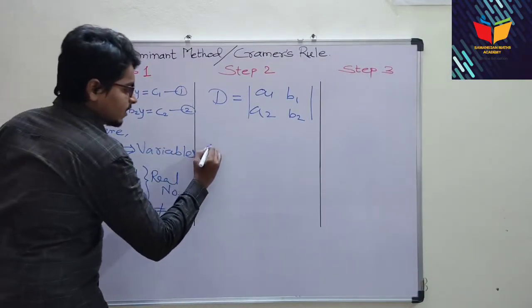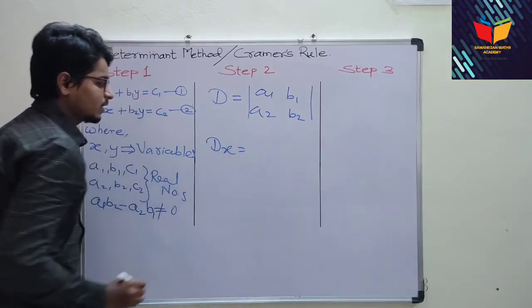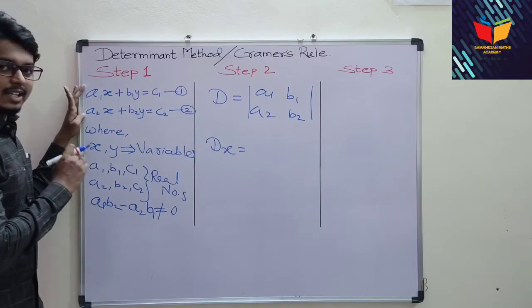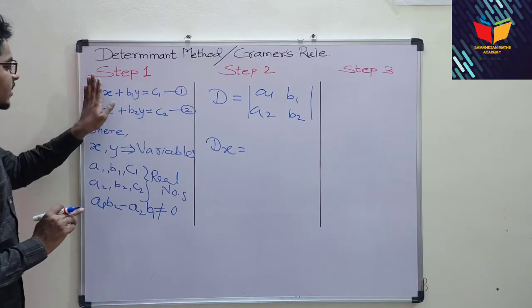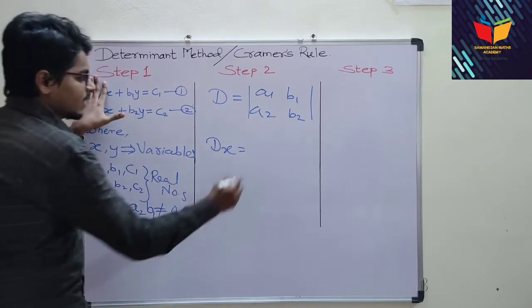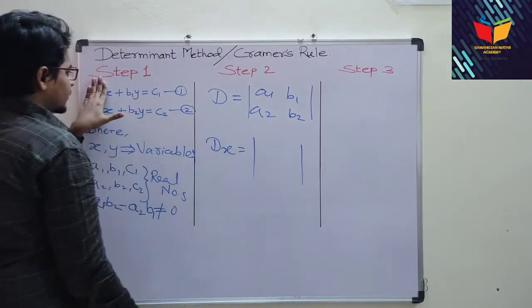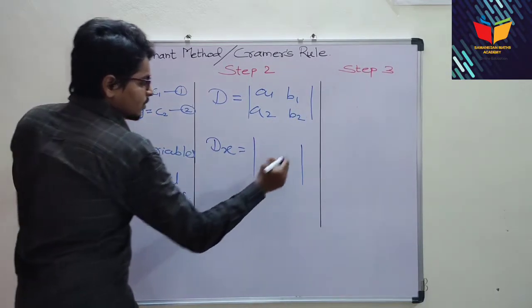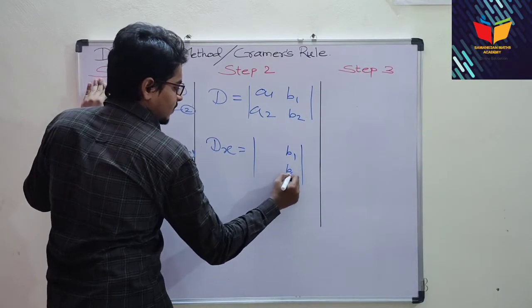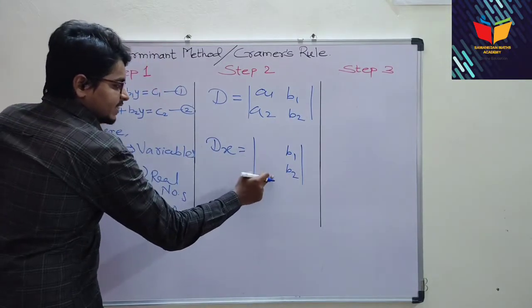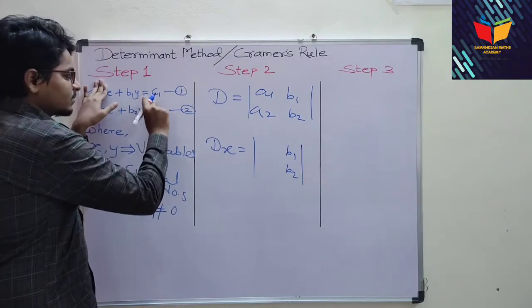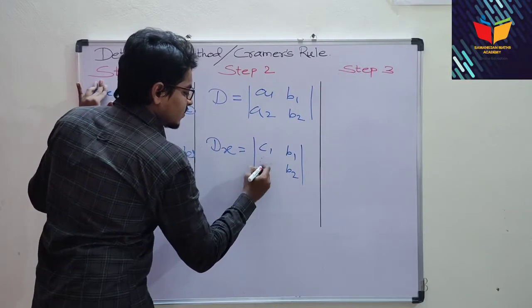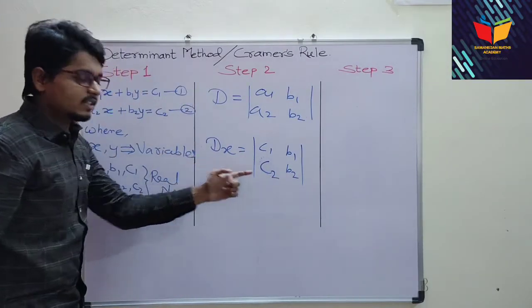Now we have to write the value of dx. So here in equations 1 and 2, we hide the terms with which x is there. So a1x and a2x, if I am hiding them over here, then what I am getting, see here. Now this place is empty, a1 a2. So I will write b1 b2 over here, and the empty space is filled with the remaining terms, that is c1 and c2. So it is our next determinant, that is dx.